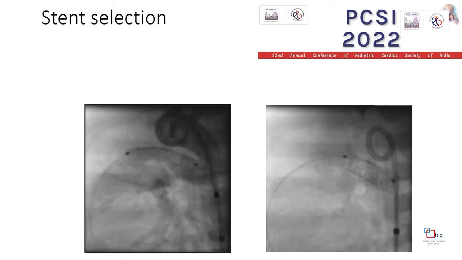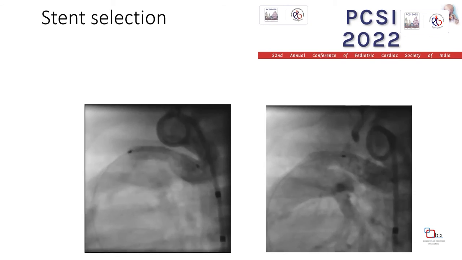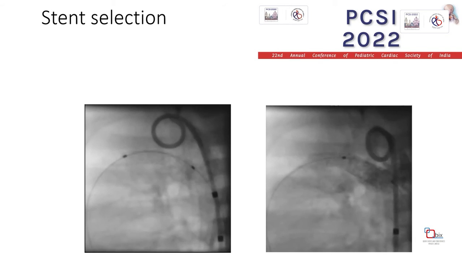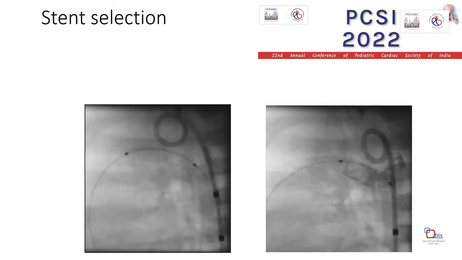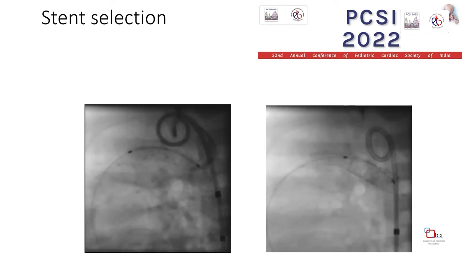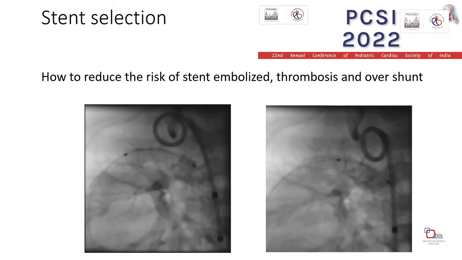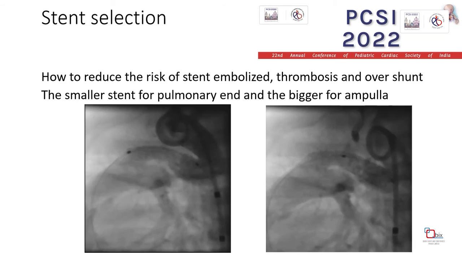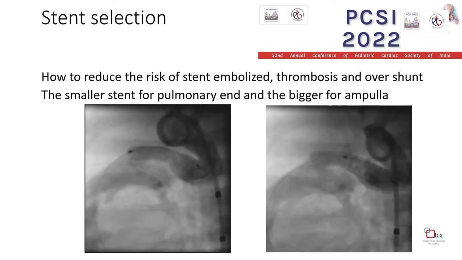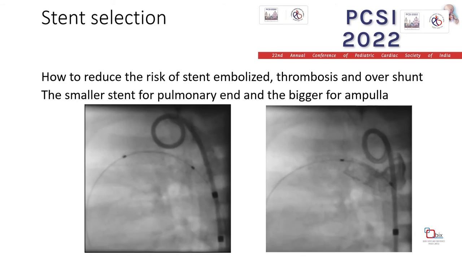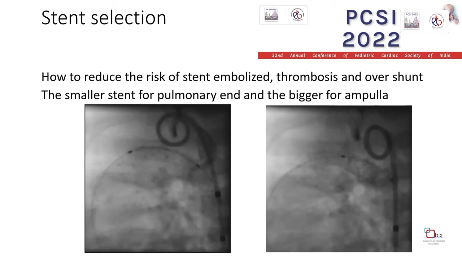And what should I do? I prefer to use two stents. For the first stent, I put the small stent at the pulmonary end, and for the remainder I put the bigger stent in the ampulla. You can see the bigger stent in the bigger ampulla and the small stent in the pulmonary artery. So I can prevent thrombosis, and I can also keep enough blood flow to the pulmonary